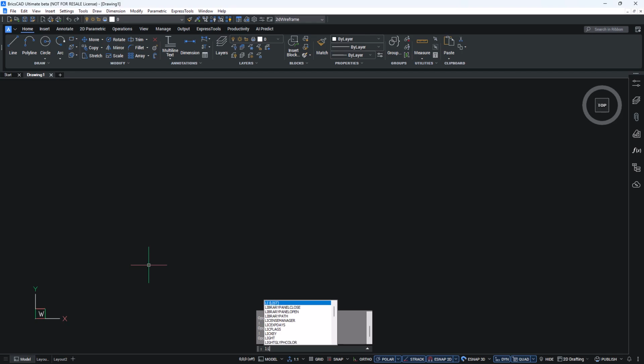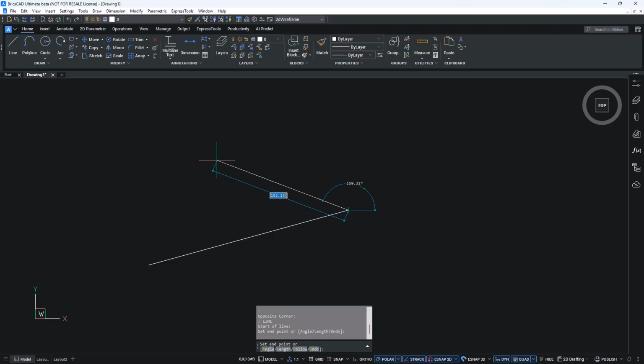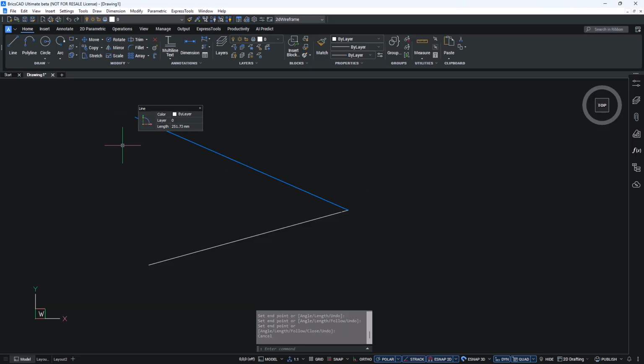Dynamic dimensions let you see the size and angles of objects as you're drawing them. You may want to display more information, less information, or different values, and you can make these changes in the Settings dialog box. You can turn Entity Snap 2D on or off, using the Snap 2D button from the status